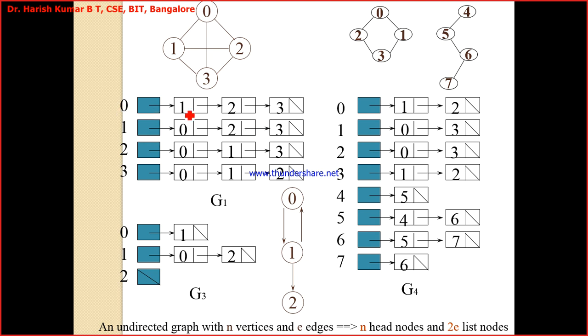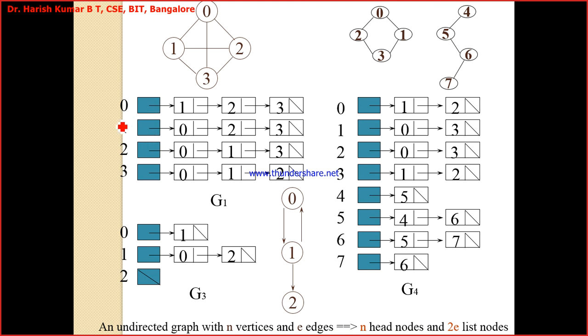From 0 I start, I come to the 1, so this is a node which is having the vertex field and then the link field. And the link field here is holding the address of the next node, which is holding the vertex 2 and an address to the vertex 3. Okay, and the last node is storing the null value. So this is the concept of a singly linked list, and if you want to convert this into a circular singly linked list, instead of storing null over here, you can have a pointer back to this node.